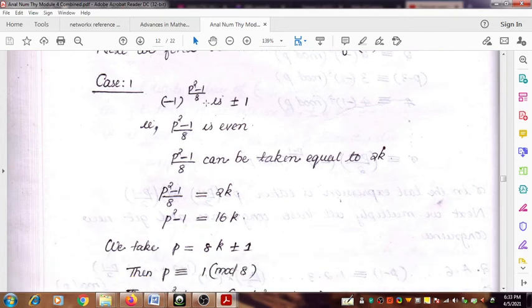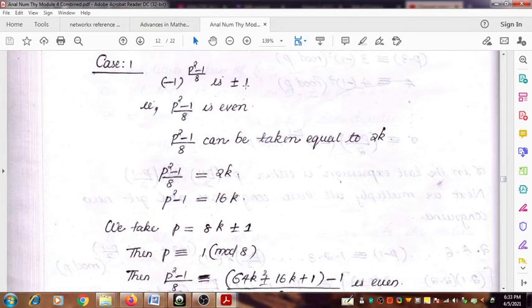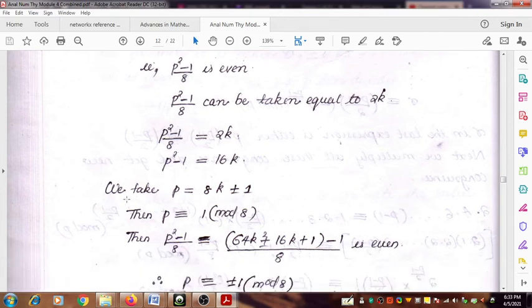In the first case, we have minus 1 raised to p square minus 1 by 8. When we consider this quantity, we can see that it is either plus 1 or minus 1. When p square minus 1 by 8 is even, suppose p square minus 1 divided by 8 is even, then it can be written equal to 2k, where k is some suitable integer. So p square minus 1 divided by 8 equals 2k. Therefore p square minus 1 equals 16k, and hence p is equal to, then suppose we take